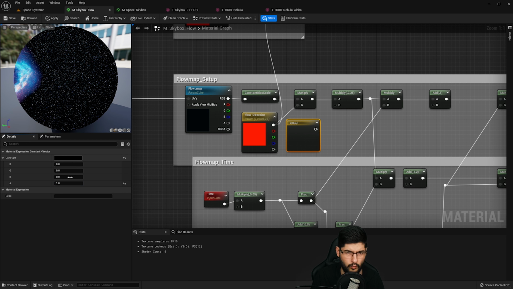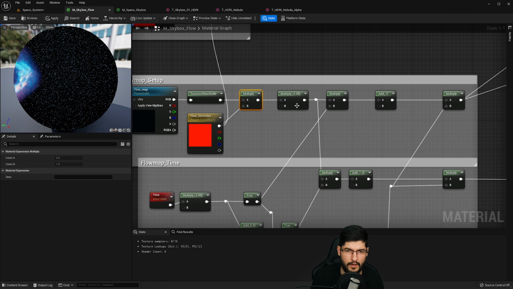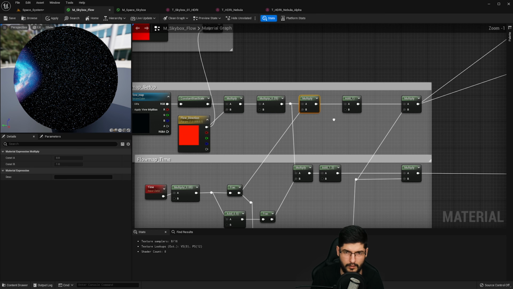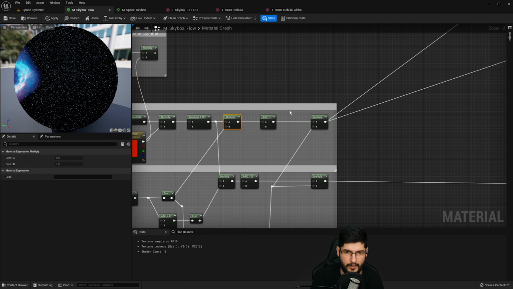The alpha can be at 1. There's no alpha, it doesn't do anything. You could probably use the Vector3 constant for this, to be honest, because it's the RGB that you care about. The RGB will work as a trajectory for where the flow of this texture goes. So you connect that into the multiply node over here, then multiply by 0.25 and connect it to this multiply. And from here, this multiply and add 1 plus this multiply,